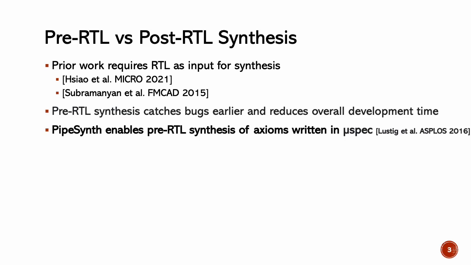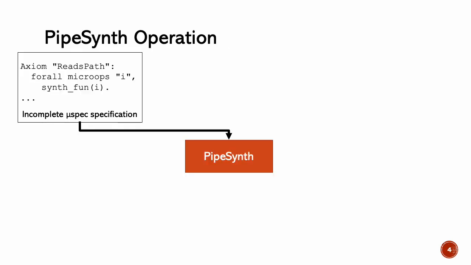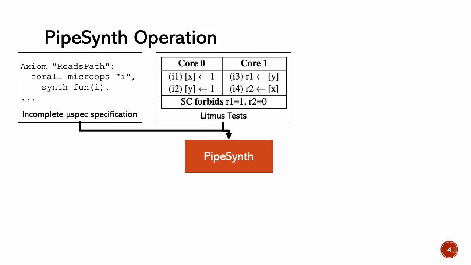We introduced PipeSynth, a tool for the automatic pre-RTL synthesis of microarchitectural ordering models in the domain-specific MuSpec language, using program synthesis techniques from formal methods. Pre-RTL synthesis allows the synthesized specification to be used for early-stage verification, which can catch bugs earlier and reduce overall hardware development time. As inputs to PipeSynth, the user provides a partial MuSpec specification, as well as litmus tests and